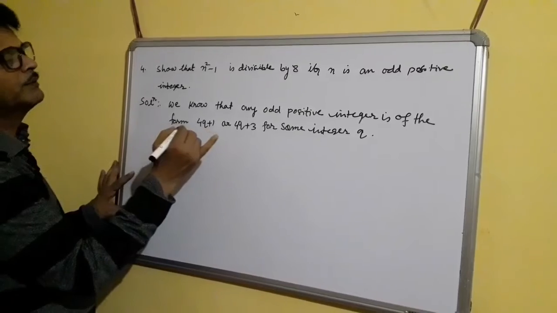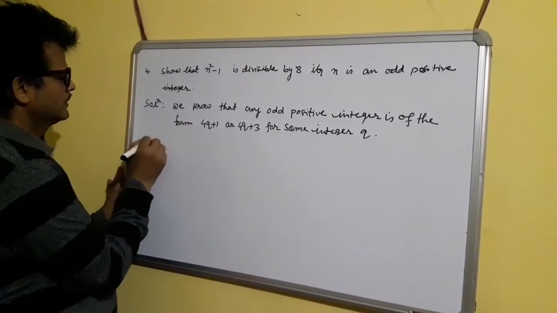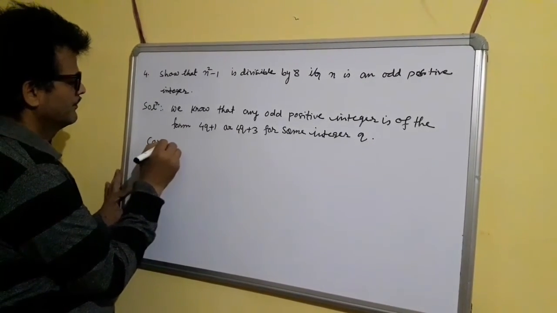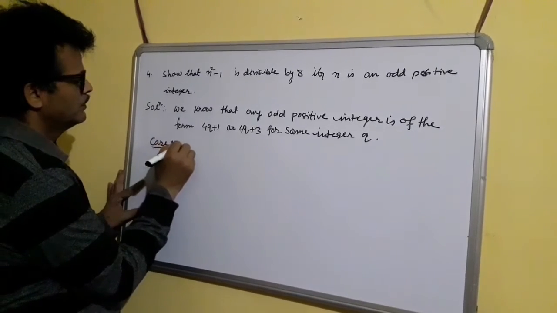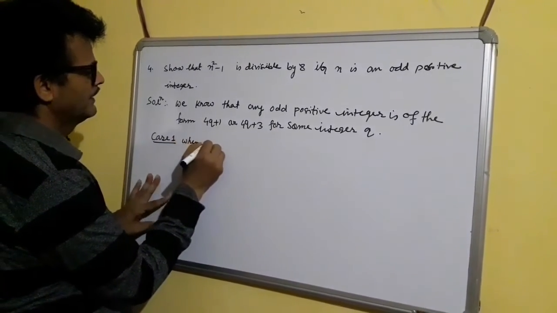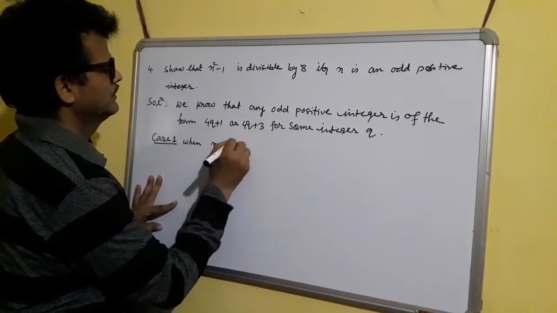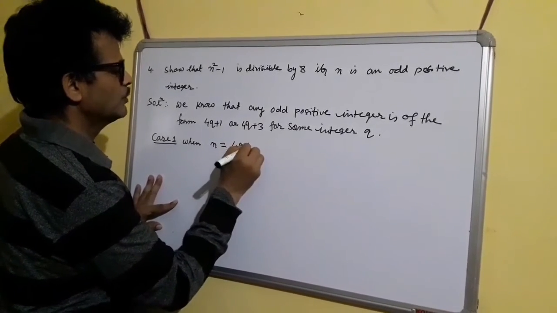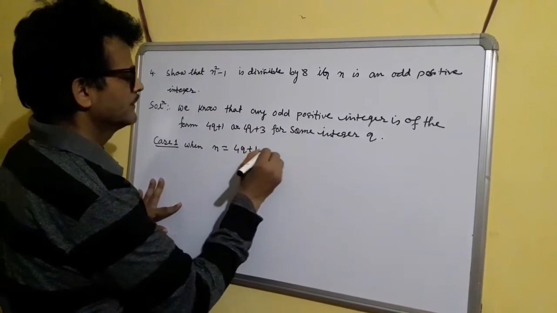So here we have two cases. Case 1, when n is equal to 4q plus 1, then